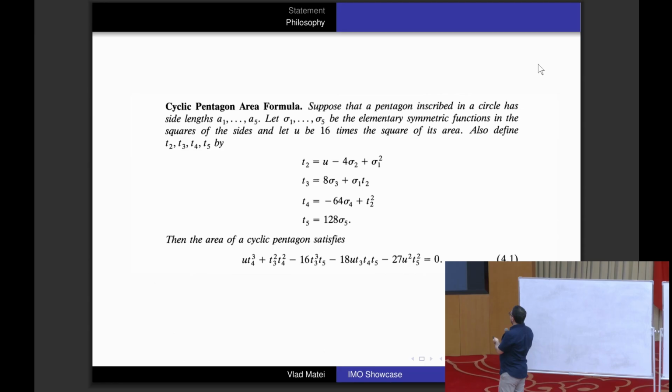Good. So let me actually give you some explicit formulas so you see what we're kind of looking for. And, I mean, these are already hard to prove. I mean, it takes a little while, but you have these sorts of formulas for a cyclic pentagon. You can compute everything in terms of the sides. And actually, if you do the substitutions, so you see that the variable that I'm interested in is what? Well, u is 16 times the square of its area. So I'm looking at that expression as a polynomial in u. And